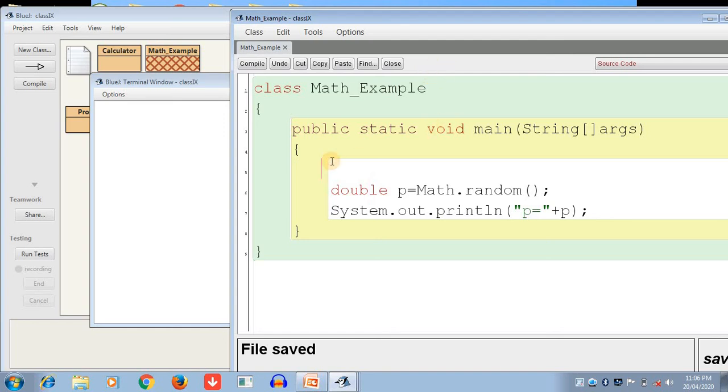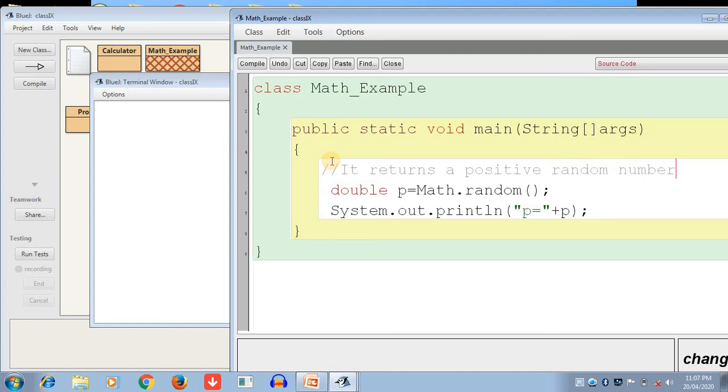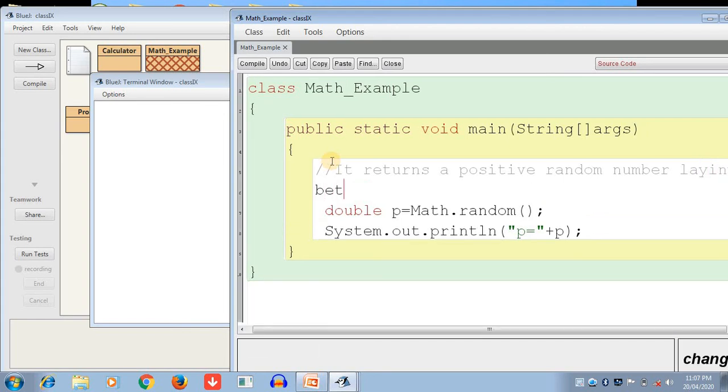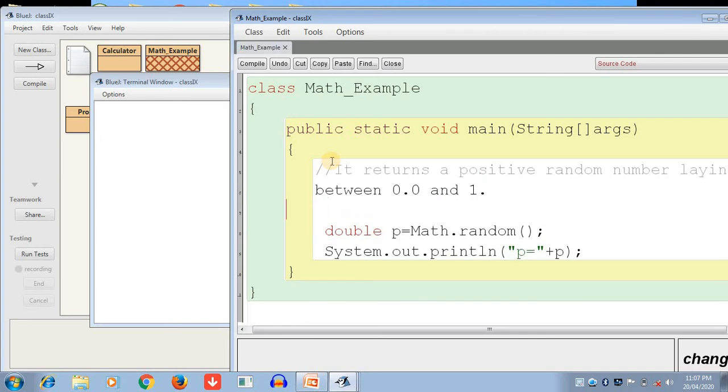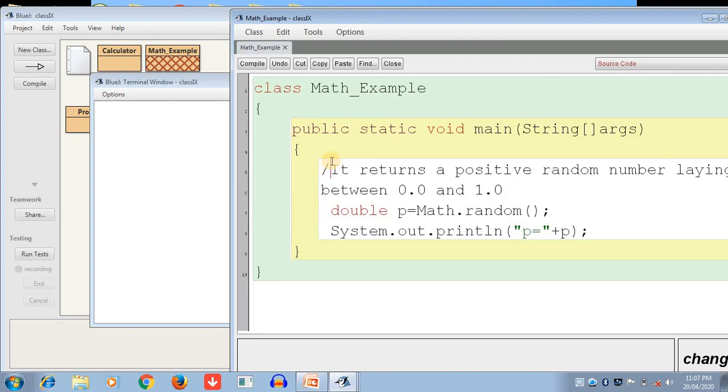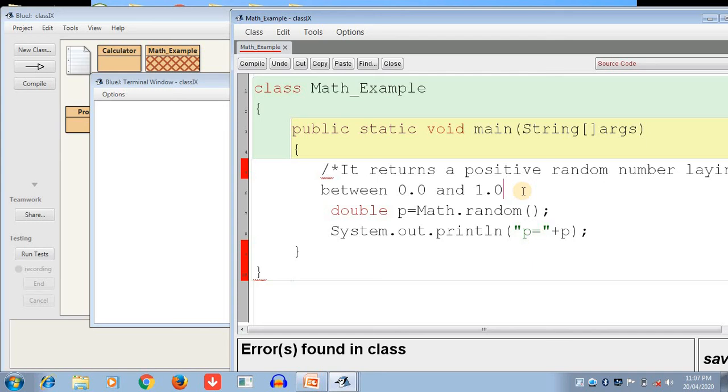Remember these things, and I am writing the description here. It returns a positive random number lying between 0.0 and 1.0. Okay, maybe 0.0 or 1.0. The two numbers are shown here. So we have multiple points.